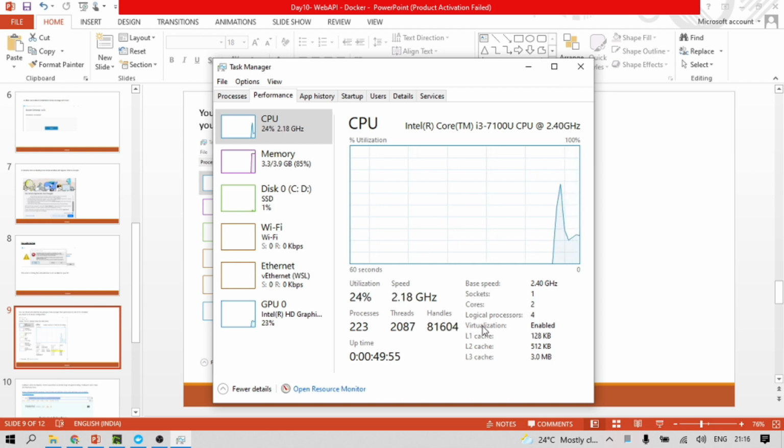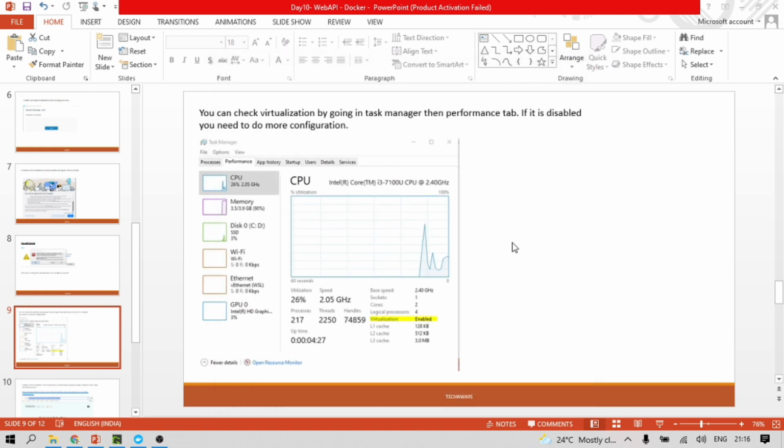It is not 100% assured. The latest PCs provide this facility automatically enabled in your system. But if you are using an older PC, two or three years old, when virtualization was not a priority, this feature is disabled by default. So if it is disabled, you need to enable it manually. What you need to do for enabling it, we need to discuss next.